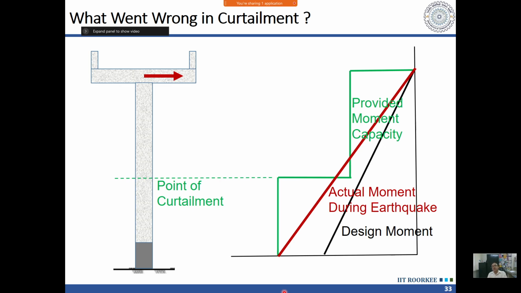All these problems are occurring because the actual earthquake force is much larger than what we are designing for, and the behavior of my structure may be very different from what I obtain from my linear analysis. We have to keep this in mind, and capacity design is one technique which tells us this. This moment diagram we should use to determine the height at which the curtailment is to be done. If the curtailment had been shifted upward, perhaps this type of failure would not have happened.